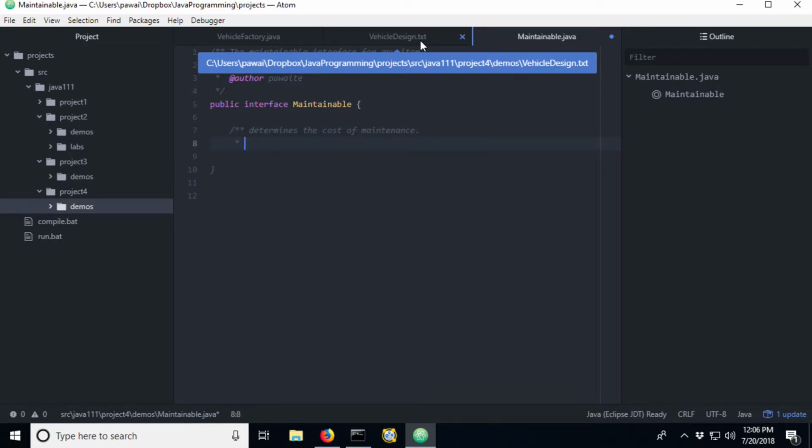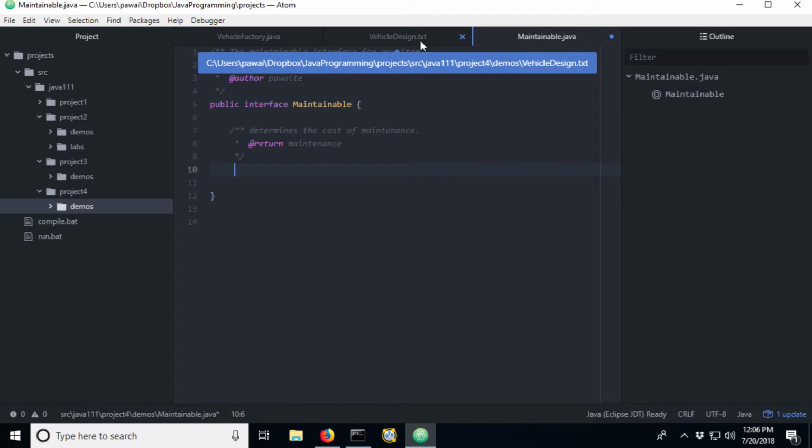And I think it makes sense for this to return a value, so we'll have an @return, which is the maintenance cost. Spell check's not being kind to me, or it's being too helpful today.